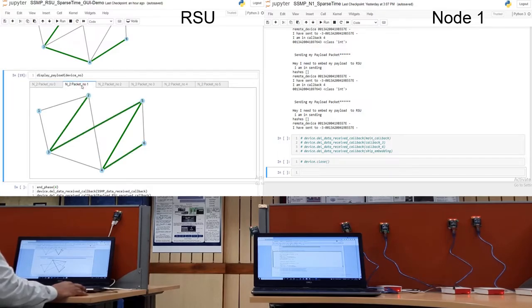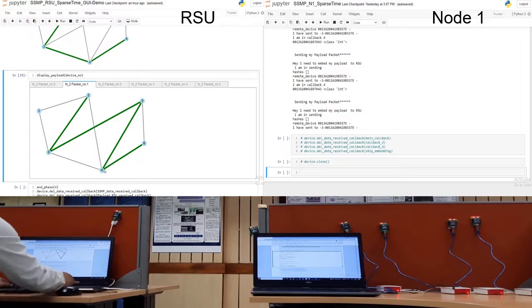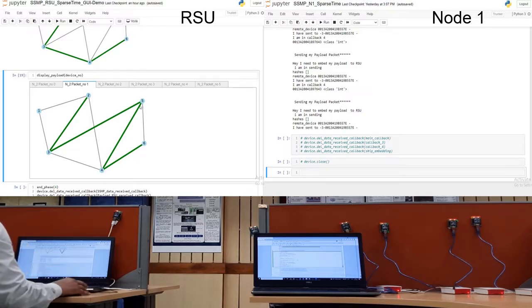The packet number 1 has followed the path 2, 3, 5, 4, 6, where node 2 is the source node which has embedded its payload, increased the hop counter and sent to node 3. Node 3 has embedded the edges 3, 2 and 3, 5 into the packet, increased the hop counter and sent the packet to node 5. Node 5 will only increase the hop counter and send to node 4. Node 4 will do the double edge embedding of 5, 4 and 4, 6 and increase the hop counter. After increasing the hop counter, it forwarded the packet to the RSU.